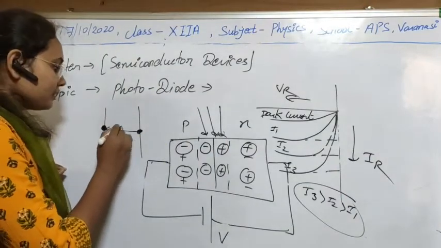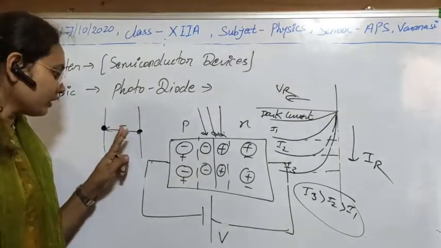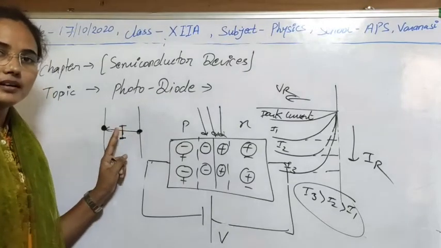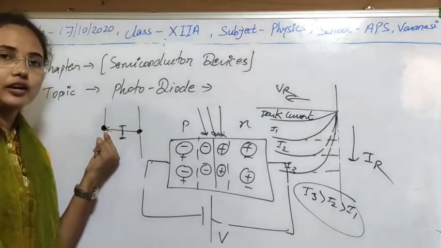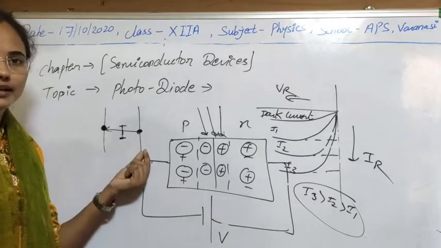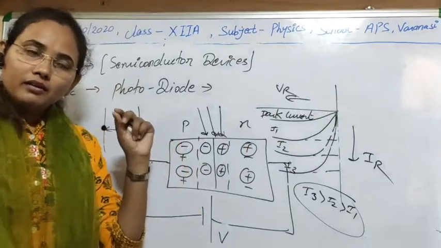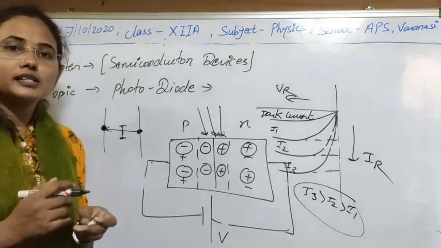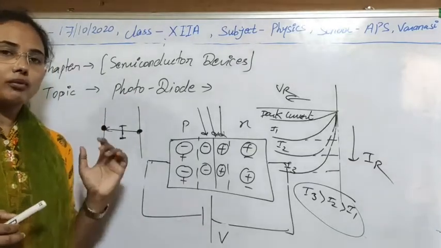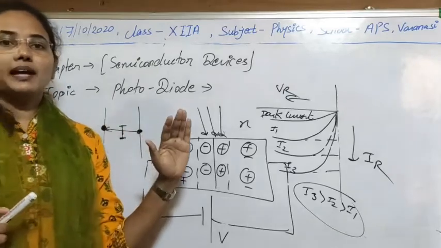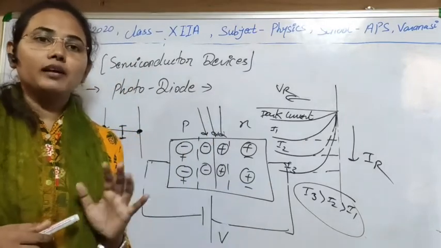Now if any person wants to come or tries to come into the room, then when someone stands here, due to his standing position the light from this source to this photodiode will break. Due to the breaking of radiation, there will be a decrement in current, and when the current in the circuit decreases, the door will automatically open. So this is the process of automatic doors. As long as there is a constant supply of current, the door will be closed, and when the supply decreases, the door will automatically open.